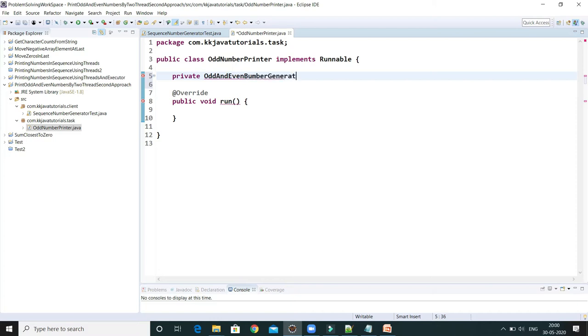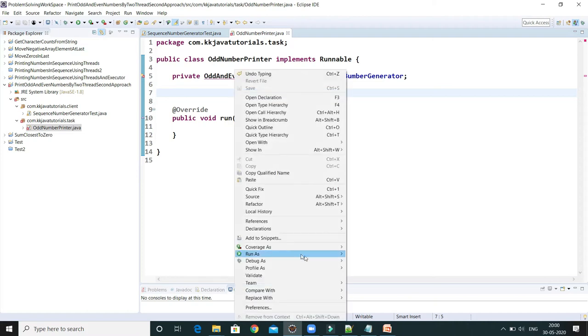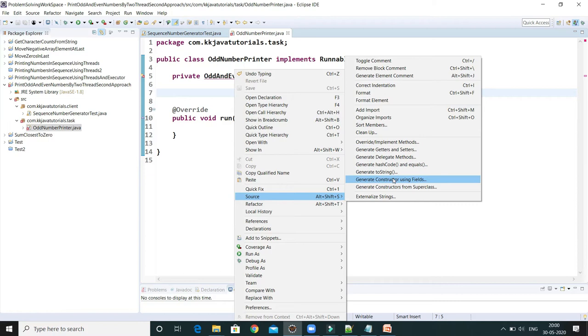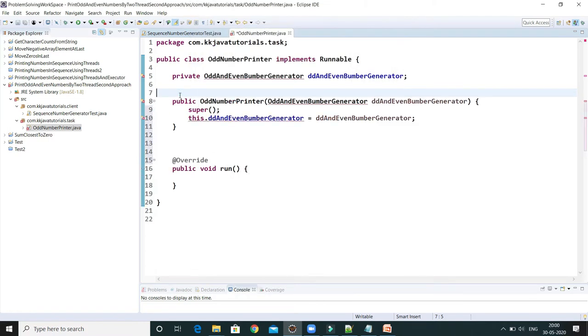This class doesn't exist right now, but I will create it. This class will hold the reference of it, and I'll initialize it within the constructor. I'll go to the source and use the option generate constructor using fields.